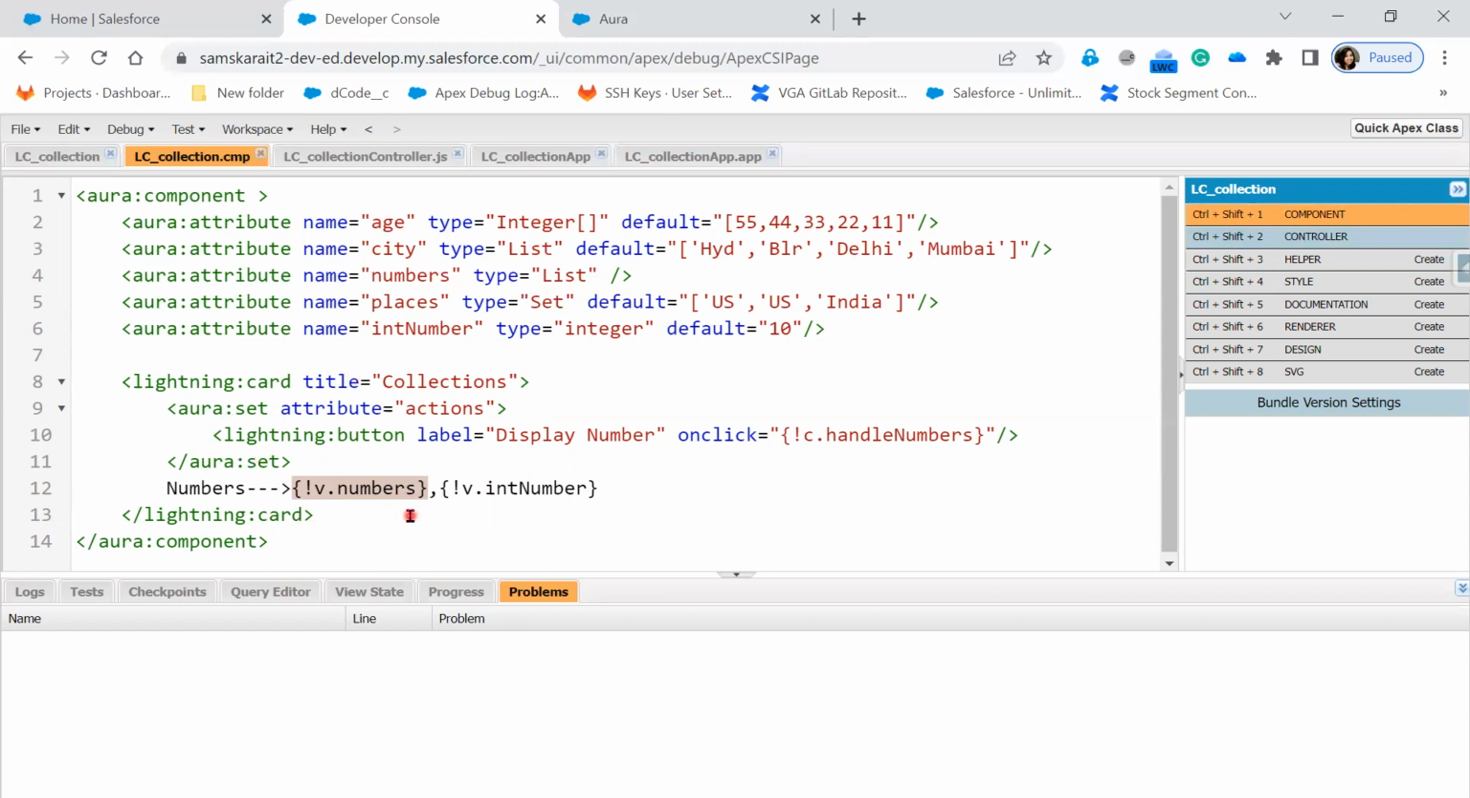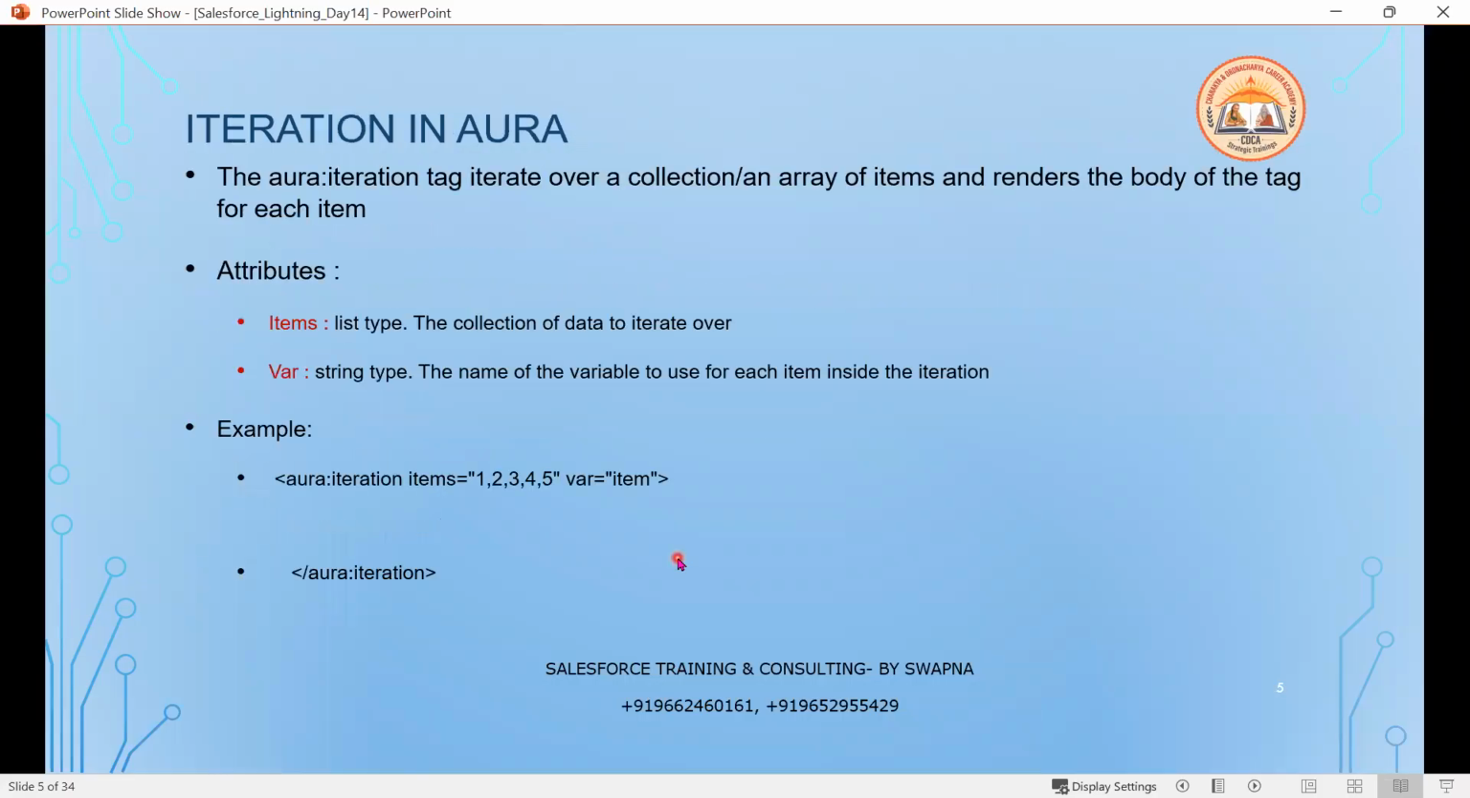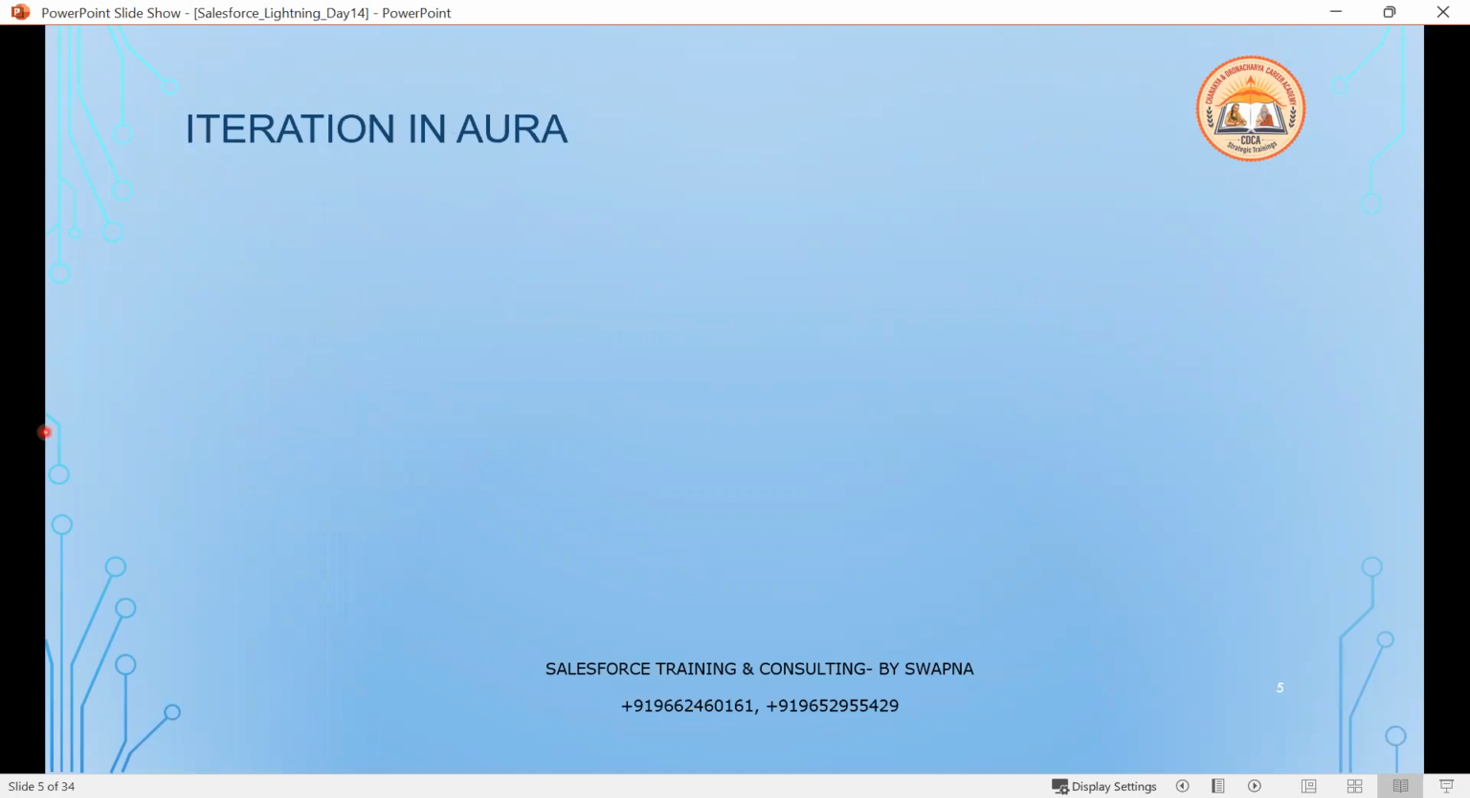You cannot print because an array cannot be printed directly in the component. Then what do we have to do? If it is not printing directly, what should we do? We have a concept in Salesforce called iterator in Aura. We have to use an Aura iteration because the array contains the